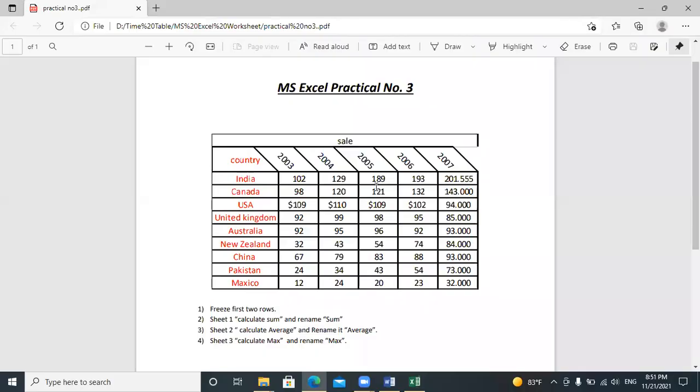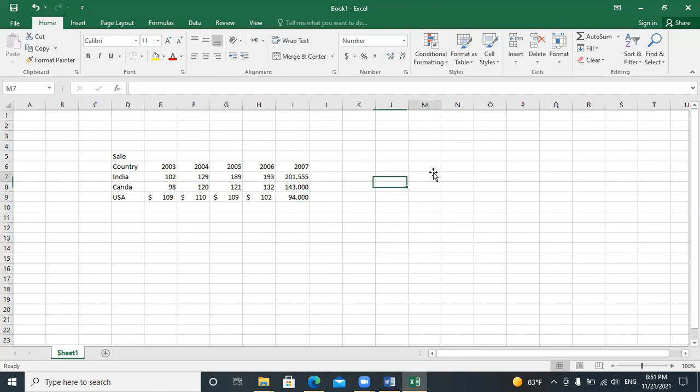Same thing you can type for all of these. Here I have another option also, if I need the dollar sign. First you select where you need the dollar and click here on dollar. That means it has changed to dollar, and here you can see the cell format name, accounting. If I click here, this one is general, and this one is accounting. That means if I write 10, the dollar sign will come automatically.